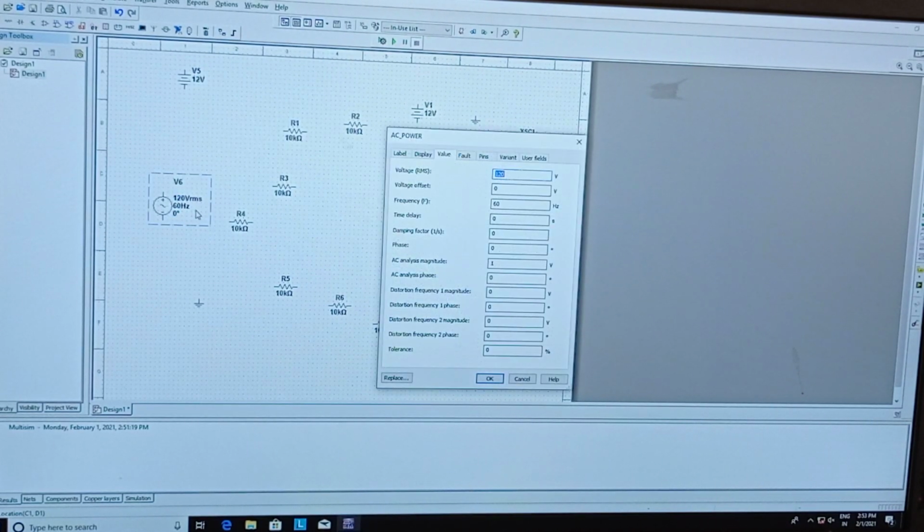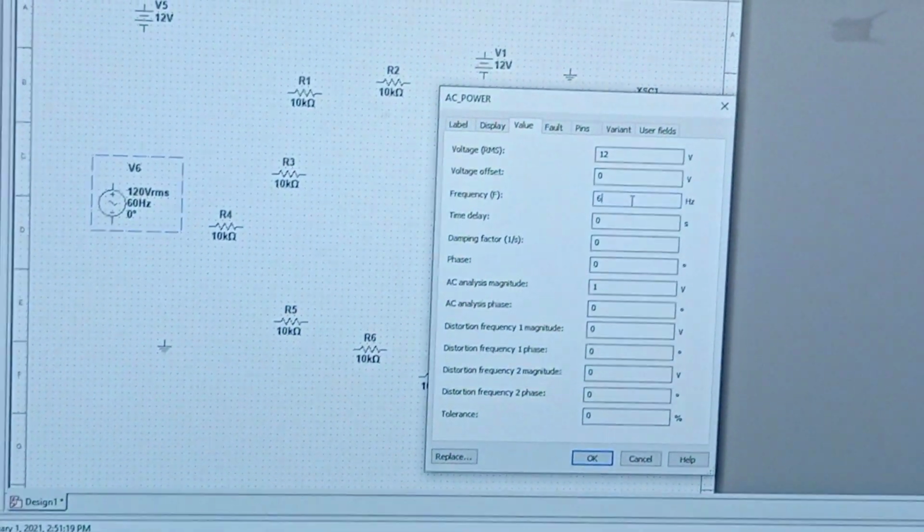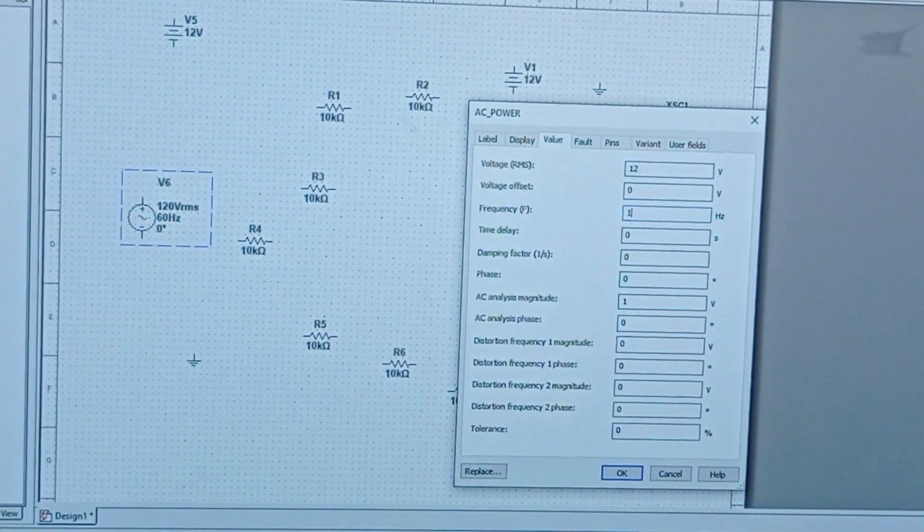First you change this value, that is 12, and here we are giving 1 kilohertz, 1K.